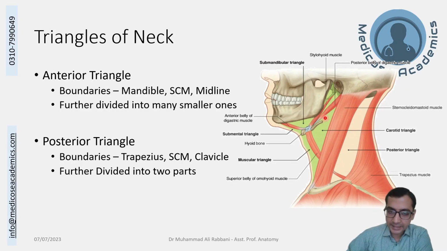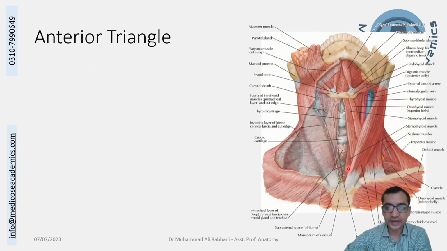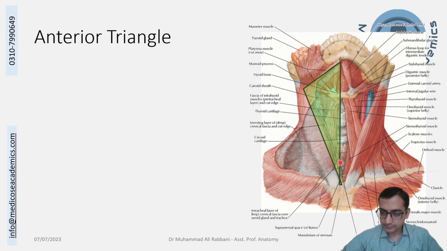The anterior triangle is further divided into four parts. The posterior triangle is divided into two parts. Let's leave it like that. Let's start with the anterior triangle. This is a picture from the side, looking like this. Remove the skin. So the anterior triangle is bounded by the midline, anteriorly or medially, and the jaw, the lower margin of the mandible,